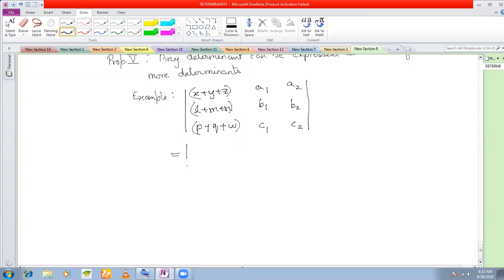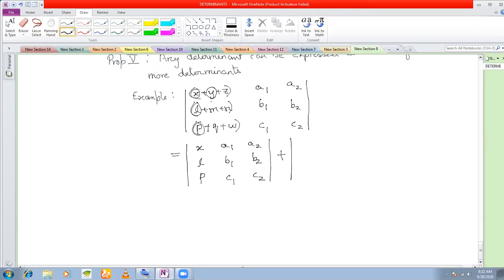How? You have a first determinant whose first column is X, L, and P, that is this element and this element, and the other two columns remain the same: A1, B1, C1, A2, B2, C2. Plus